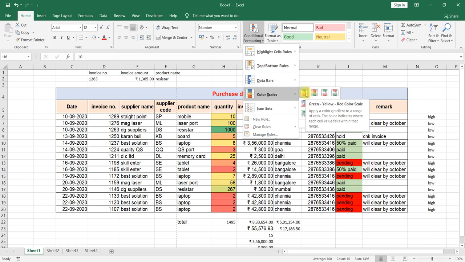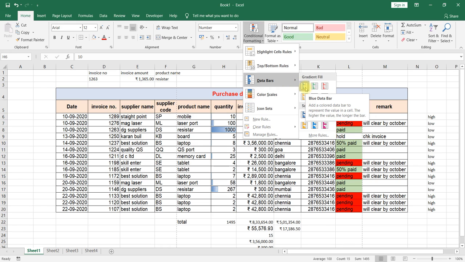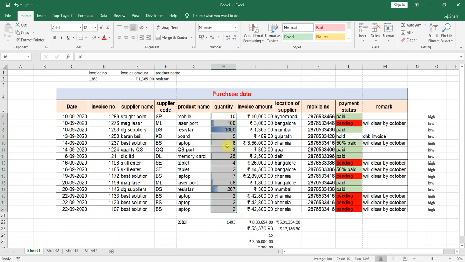Based on the data, color scales will give a red to green color variation. A data bar means the shading will be filled based on a value.